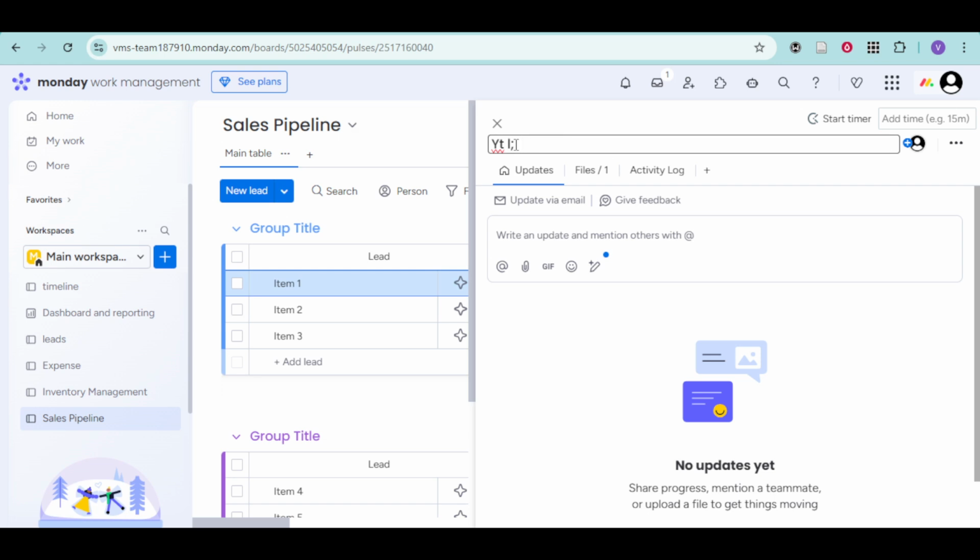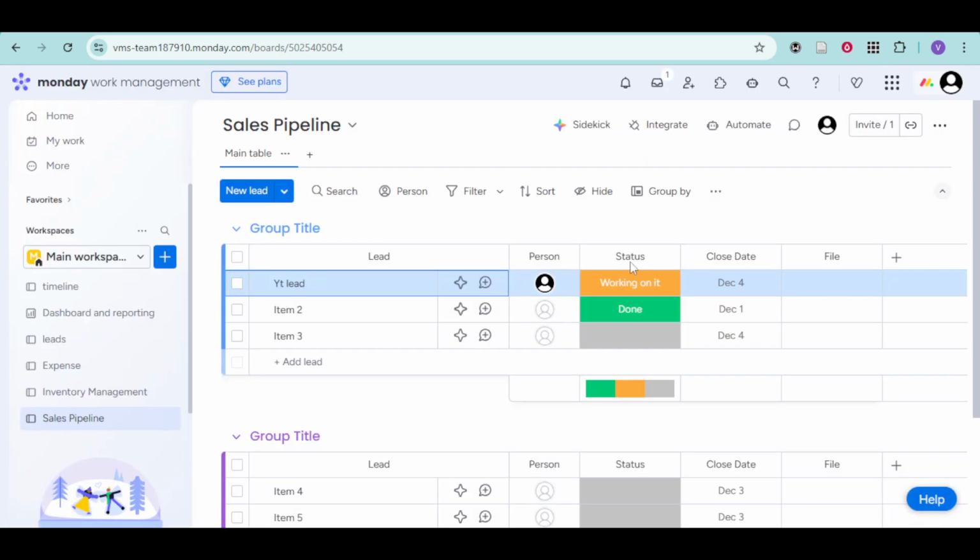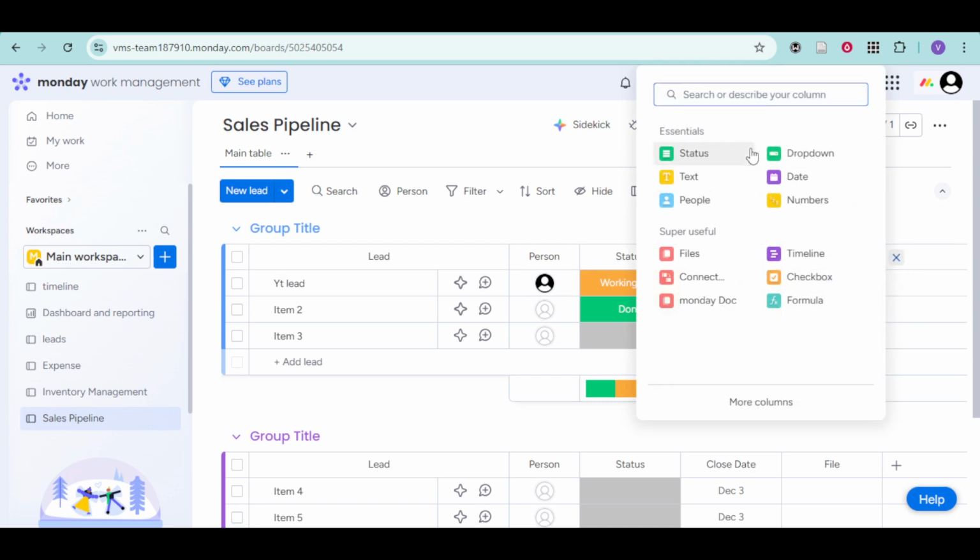As conversations progress, drag each item to the next stage group. This movement is the heartbeat of your pipeline. Encourage your team to update status, dates, and priorities as things change, so the board remains a reliable source of truth. If something slips, a quick scan of the priority and expected close date columns will show you what needs